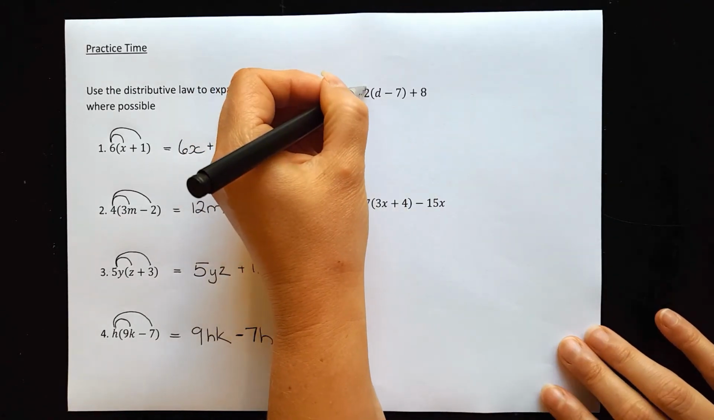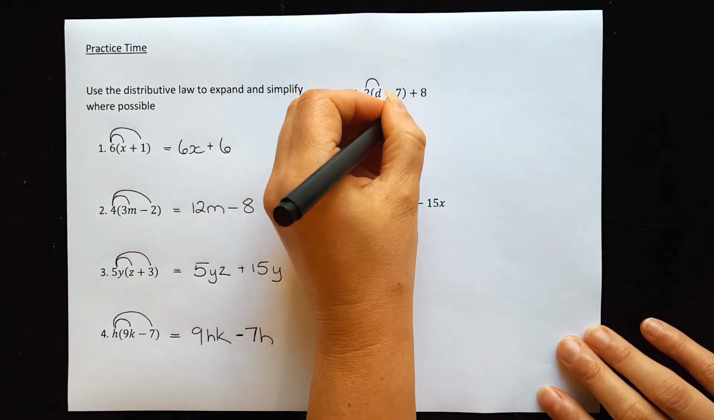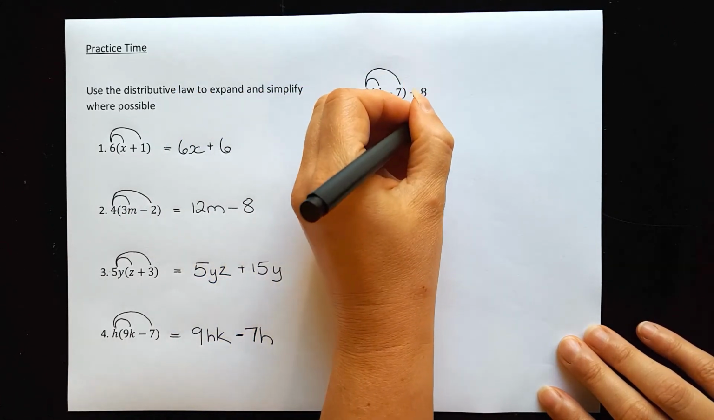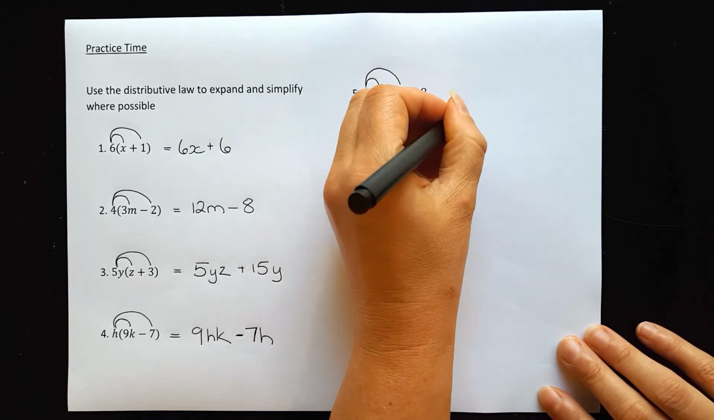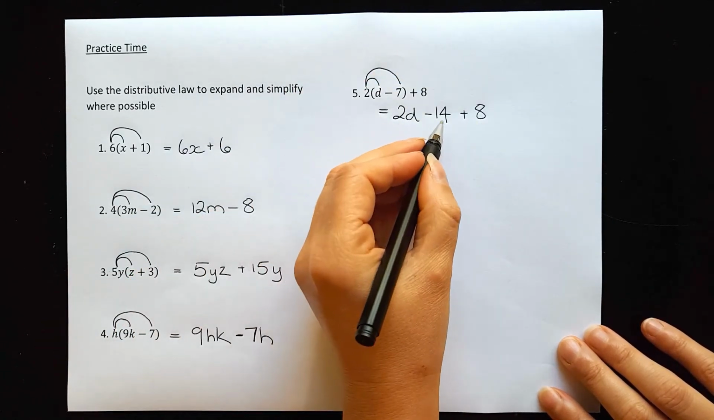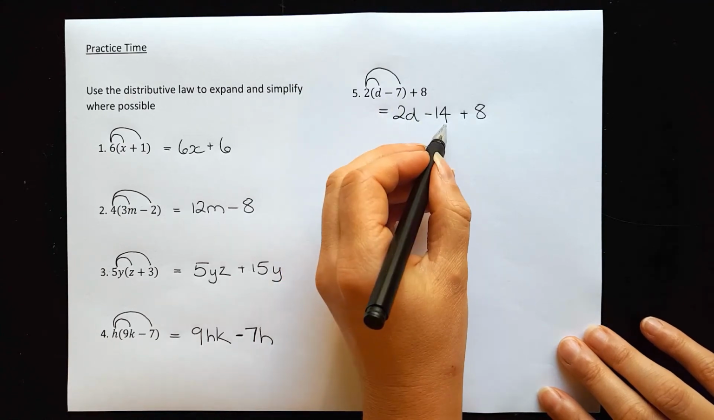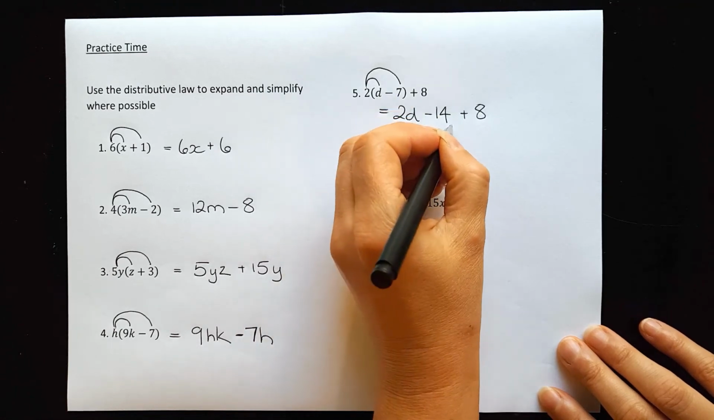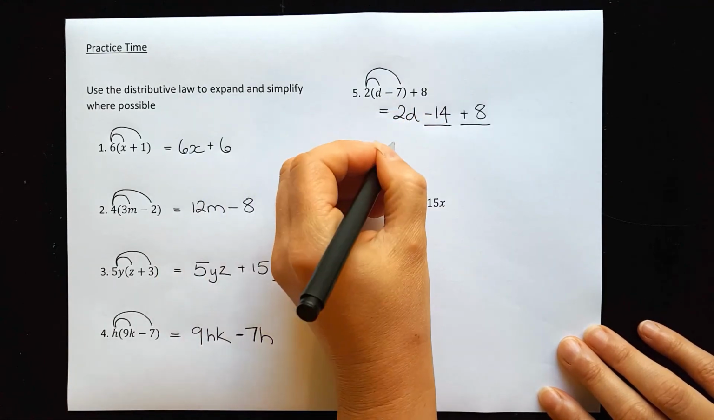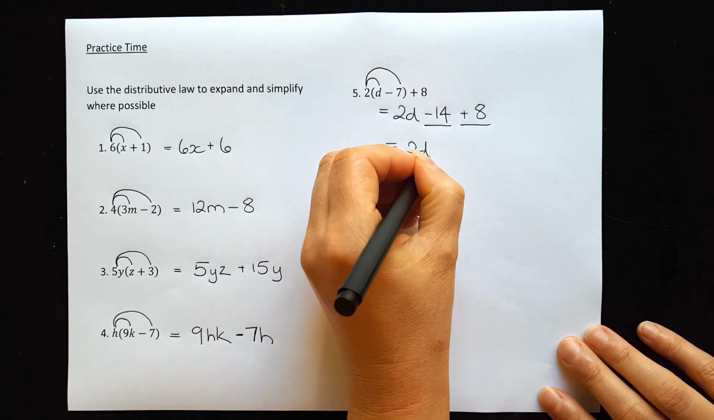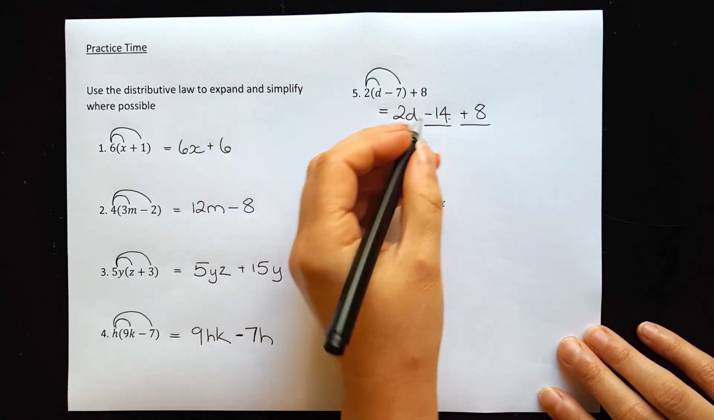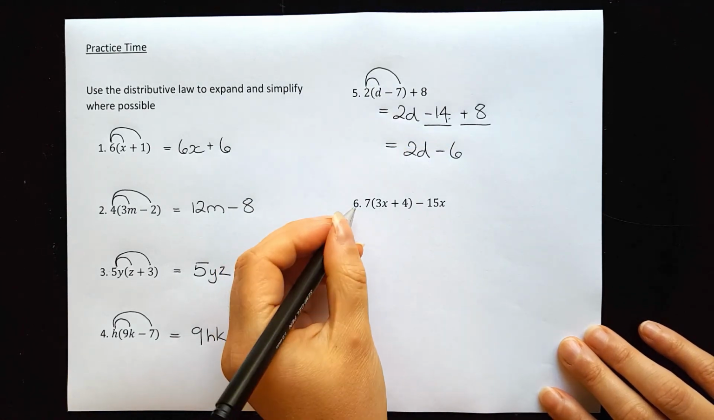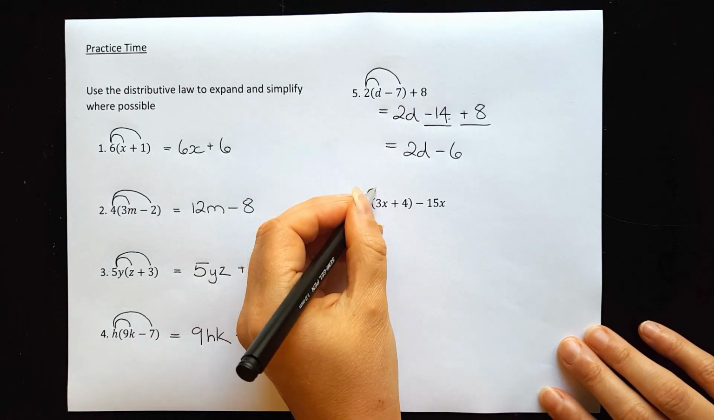So expanding out, 2 times d is 2d, and 2 times a negative 7 will make minus 14. Our plus 8 is sitting at the end. Looking for like terms. This is a d term and there's no other d term, so it's different, but minus 14 and plus 8 can go together. So 2d stays, minus 14 plus 8 would give me a minus 6. And for question 6, 7 times 3x